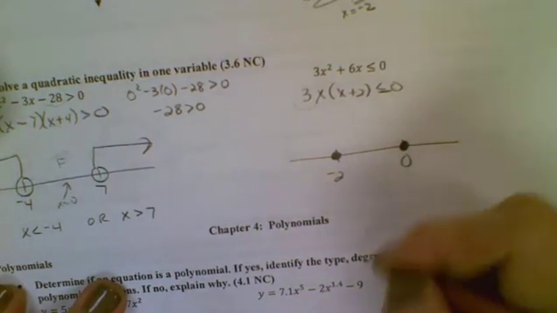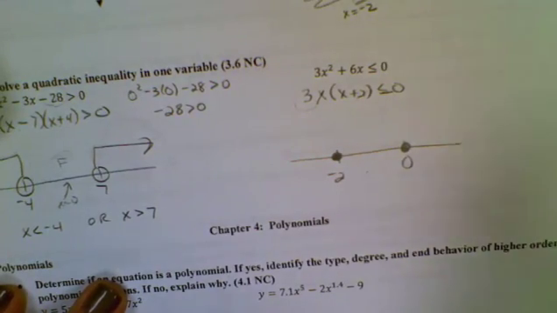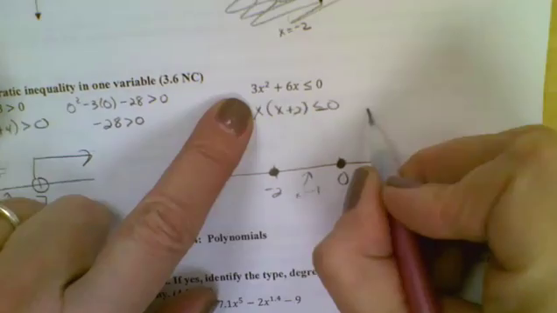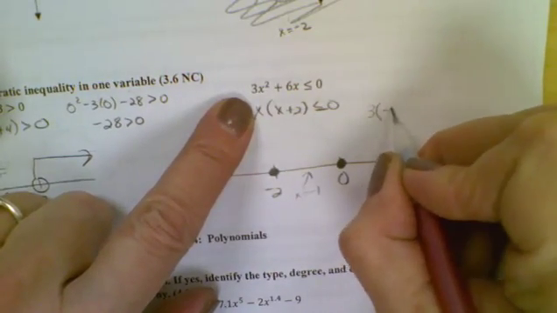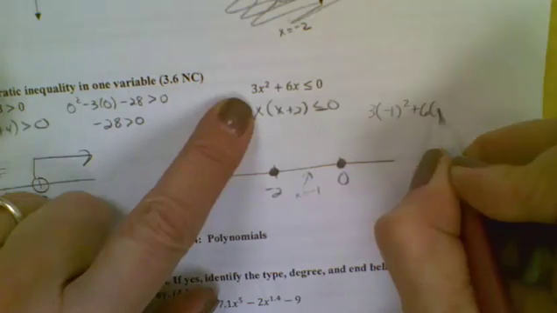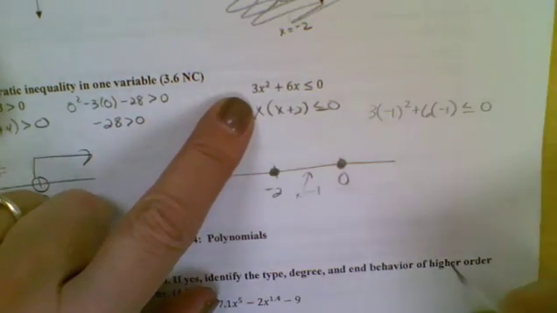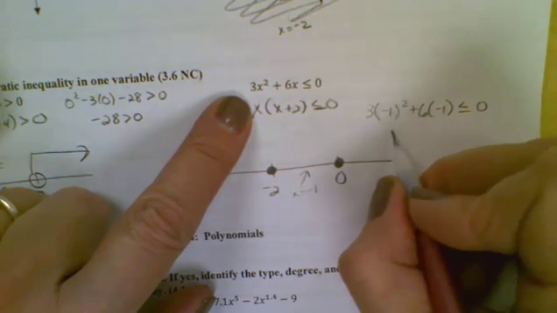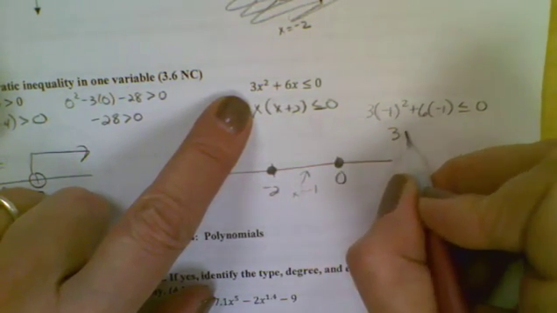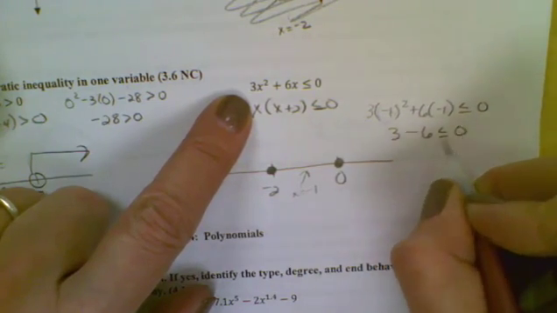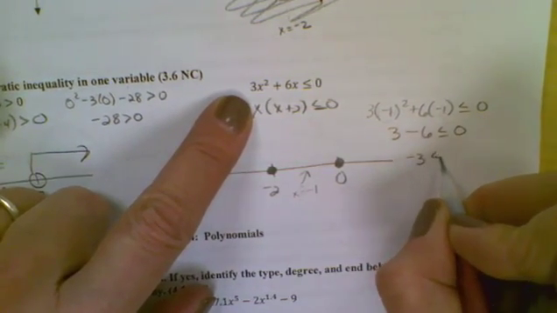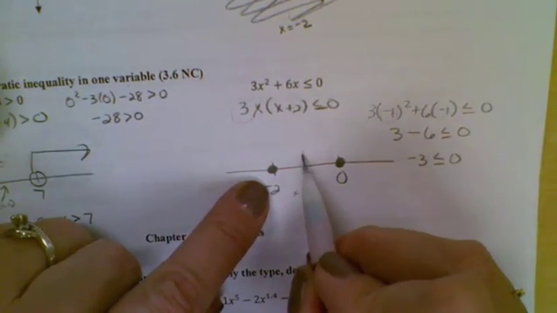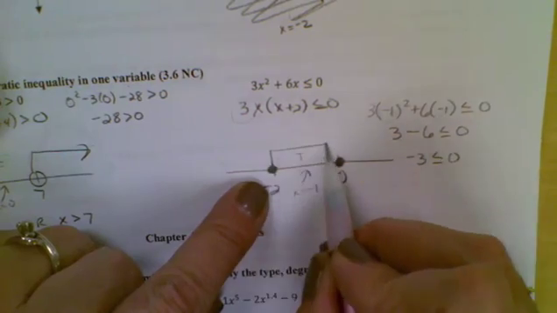I'll pick a number in between. So I'm going to pick -1. So if I put in -1, 3 times -1 squared plus 6 times -1, I want to see if that's less than or equal to 0. So -1 squared is 1, 3 times 1 is 3, 6 times -1 is a -6, so I get 3 minus 6, -3. Is that less than or equal to 0? Sure it is. So since that makes it true, that's a true statement, I want all the things in between